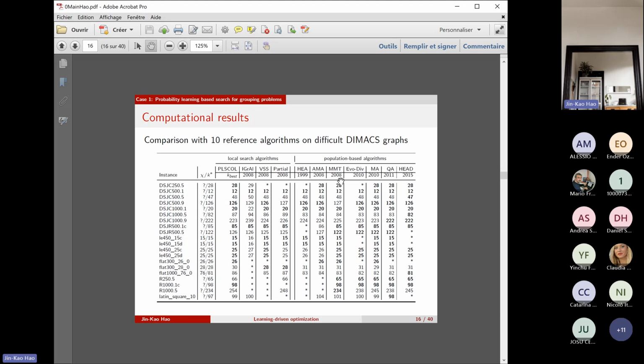In fact, for graph coloring, the most powerful methods are population-based. In all these methods, they use a crossover and tabu search in most cases. If we check the results, I will not go into detail to explain every result, but just say that globally, this probability learning-based method